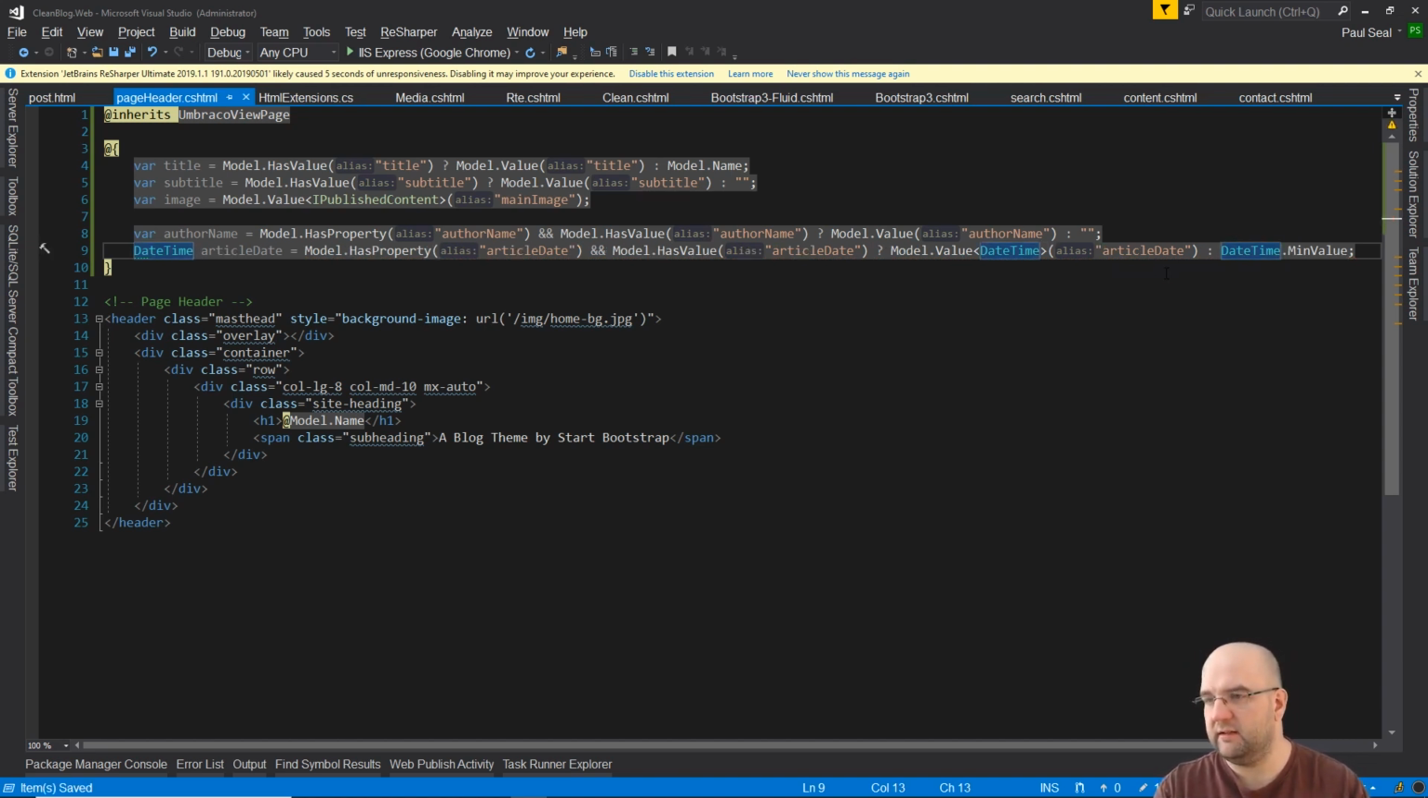So like that. If it has the property of an article date and it has a value, then return back that value as a DateTime. Otherwise, return back a min value. So we can check for min value. Then to use it on here, we can just do @title,